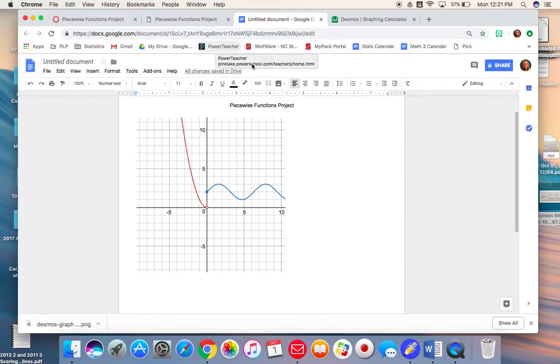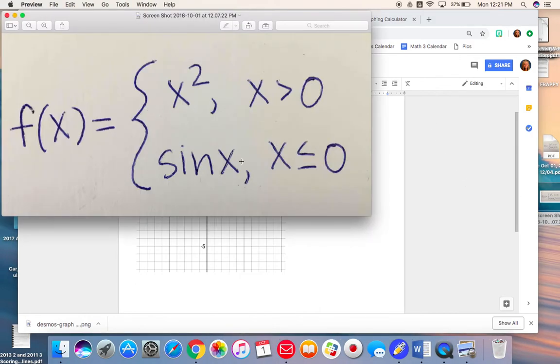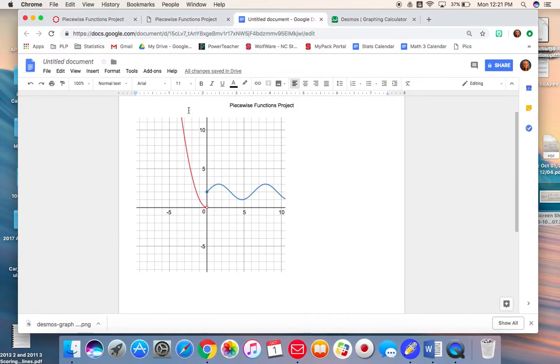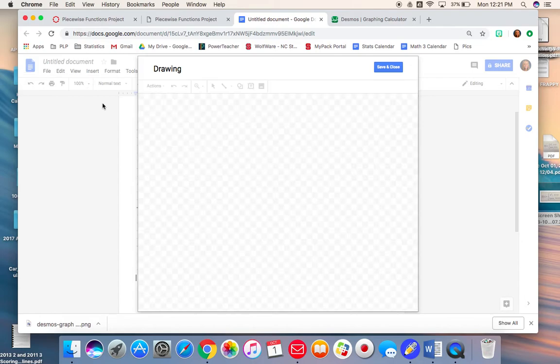There are many ways you can do it. So you can write it. If you have really nice handwriting, you can write it, and then I might have put +2 on my sign, but you can write it and then throw it in there. Google Drawing is actually another way to do it. So insert drawing, and